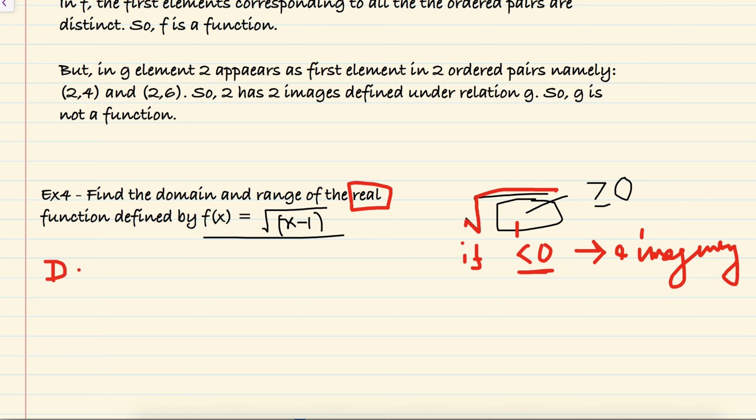So we are finding the domain. So for domain we need x minus 1 greater than or equal to 0, or x greater than or equal to 1. So it can be 1, 1.5, 3, 4, 5, anything. So its domain would be,